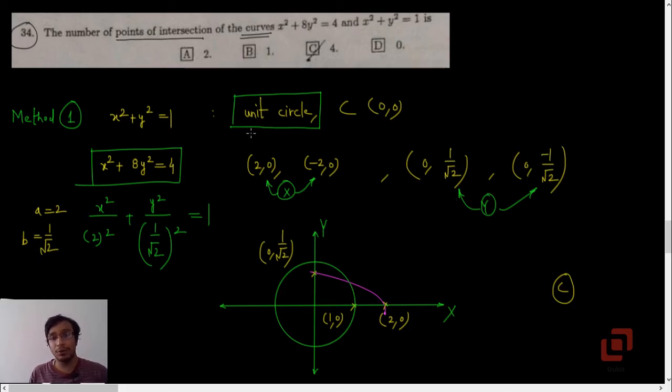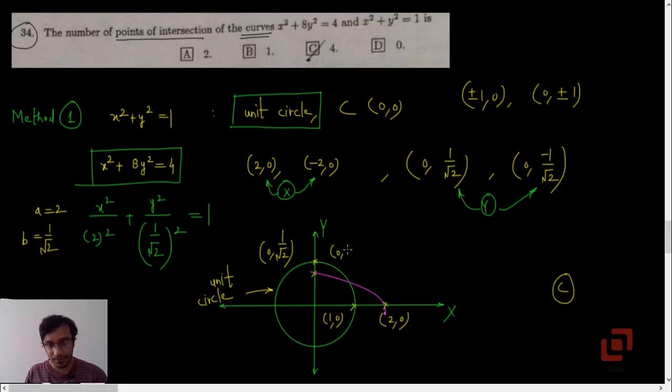Now we will go to the equation of circle, which is a unit circle. So we know that its points of intersection with the coordinate axis are plus or minus 1, 0 and 0, plus or minus 1. Okay, so we will now draw a rough sketch. The green curve here is the unit circle. Okay, and this point is 0, 1 and this point is 1, 0, and because the circle is symmetric and so is the ellipse, it is enough to consider only the first quadrant.